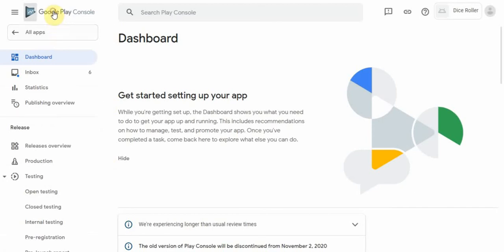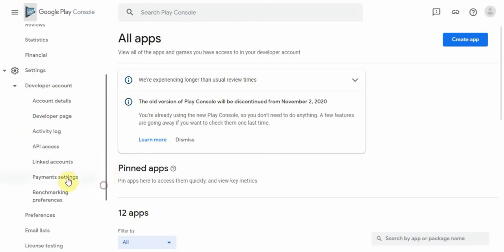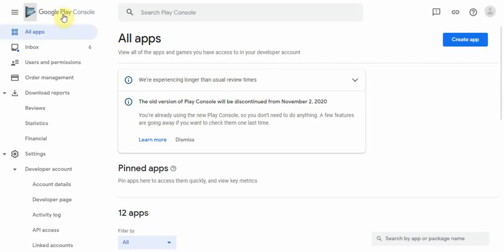If we go back to the Google Play Console. Yeah, so if you go onto Settings, Developer Accounts, and Payment Settings, follow those instructions and you'll get a merchant account in probably a few days' time. So once that's set up,